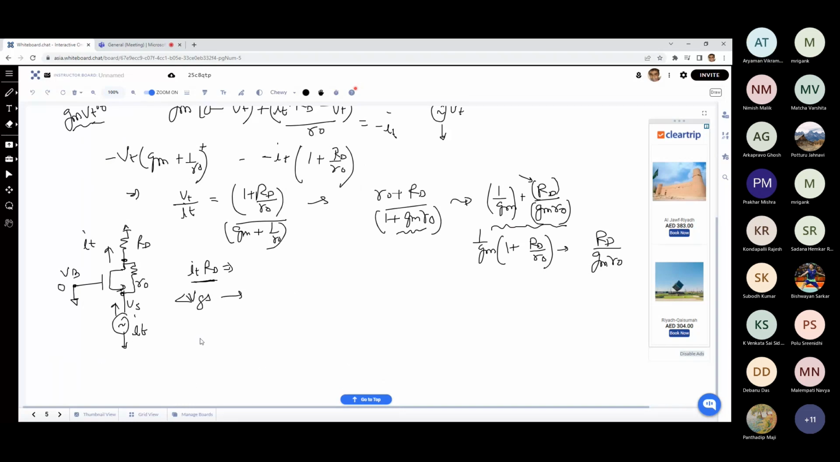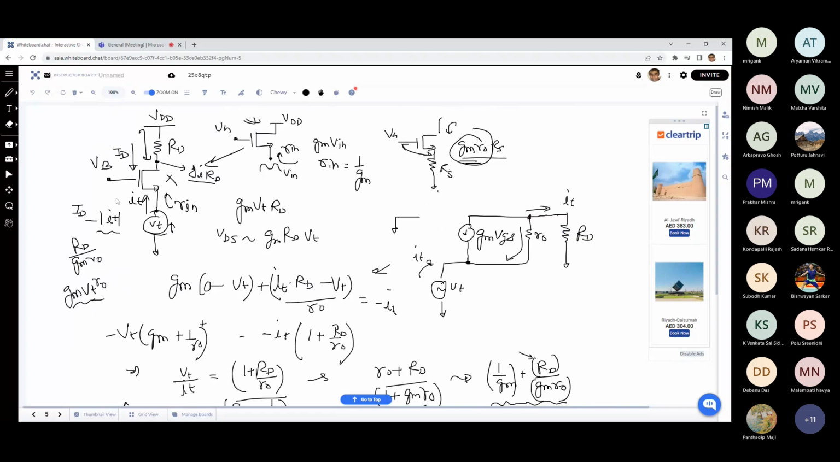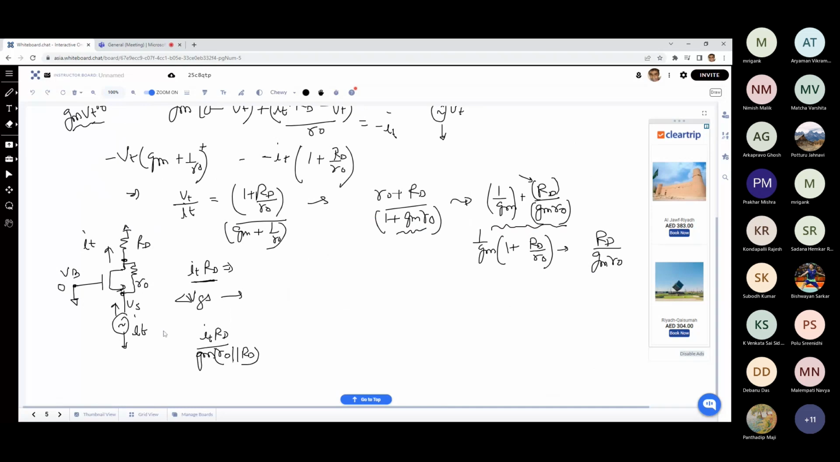Yeah, so the same thing. If you are saying that ITRD is the voltage and divided by the gain GMRO parallel RD, then we'll get the same formula. So it is the same concept basically, the same thing that I am saying. Here also, if you look at the gain from this point to this point, this is not the exact expression, but approximately you can say that this is